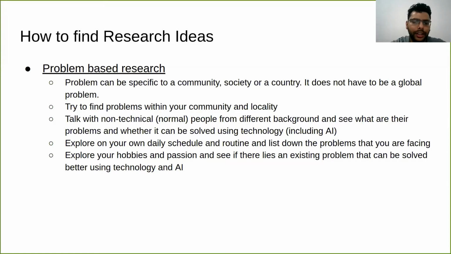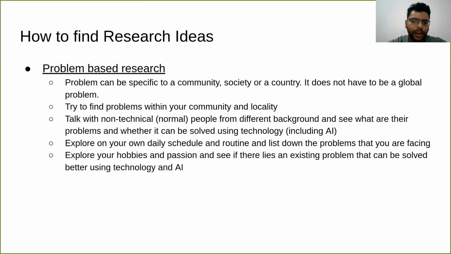You can do a bit of introspection, see if there is an actual problem, identify it, list down the problems, and then see if you can make it a research project or a research idea.